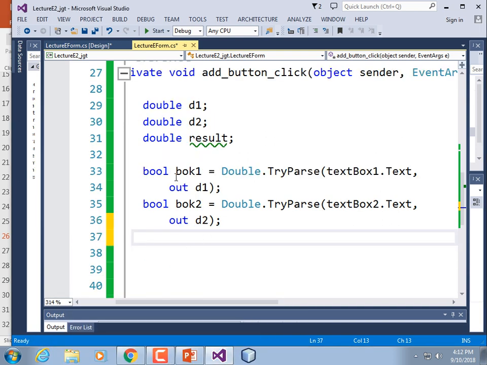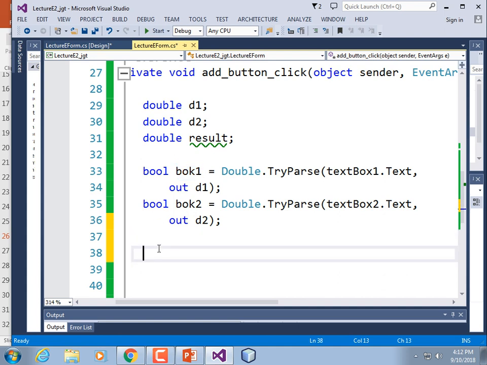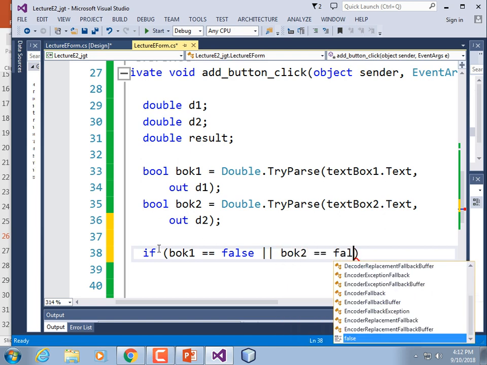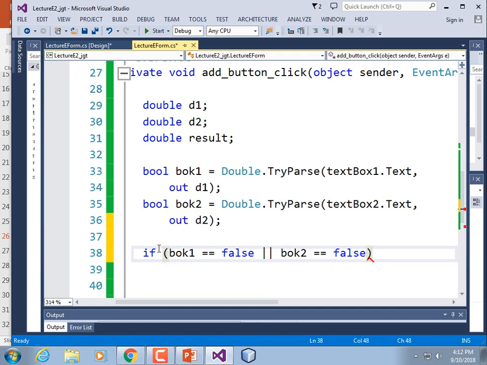So what we're going to do now is, since we have the results of these try parses, we're going to make sure everything's okay. If BOK1 equals false, and you probably know that there's another way of doing this, and then 2 vertical bars, shift backslash above the enter key, or BOK2 equals false, then we're going to create,